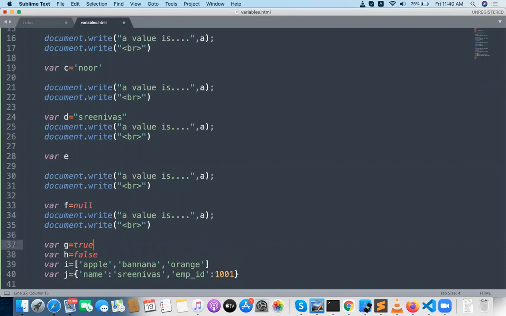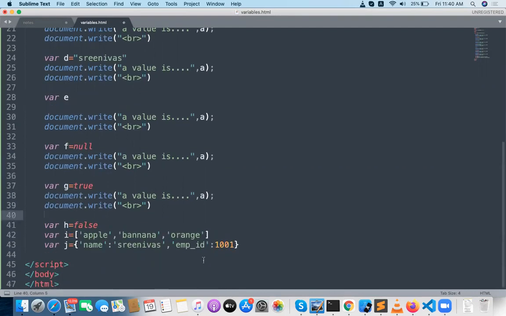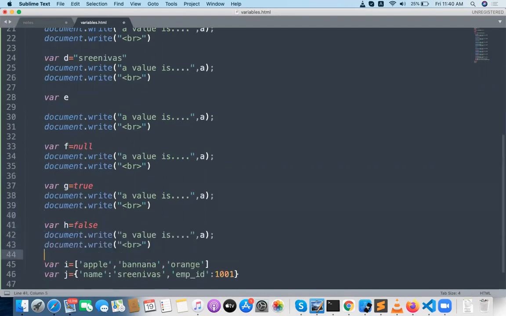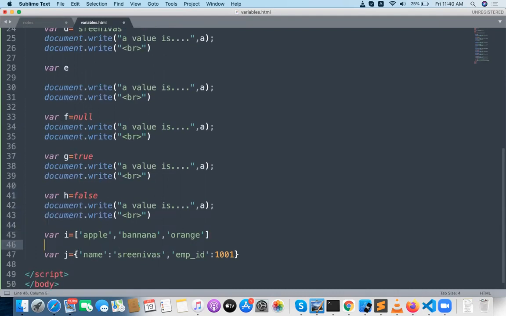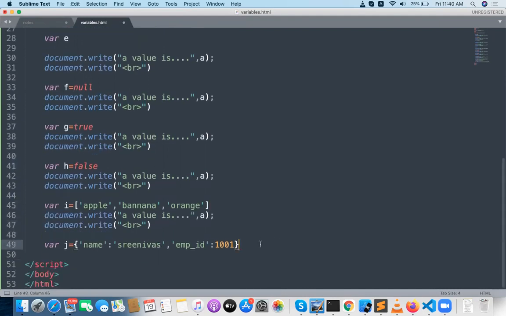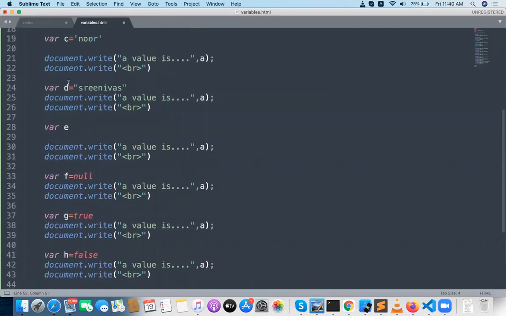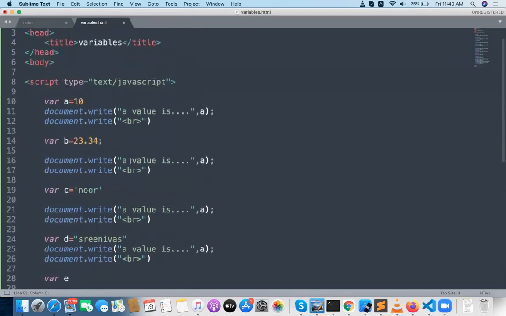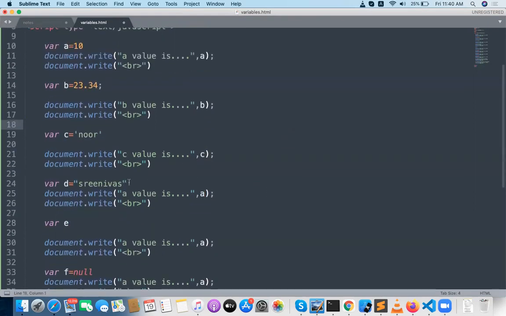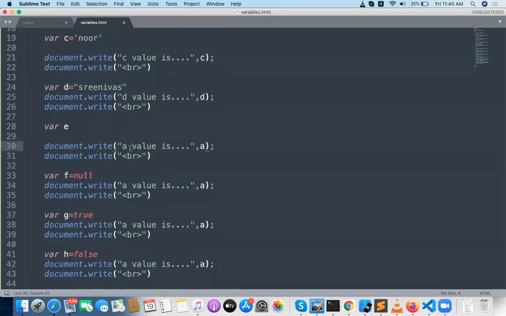Okay, first of all, I will go with A value, then I will go with B value, then the C value. Each and every alphabet I need to get printed out. Okay, first A value got printed, then B value. What is the B value now? B value is B. Next, C value is C. It's changing, right? Next, D value. What is the D value? I want to get it printed out.